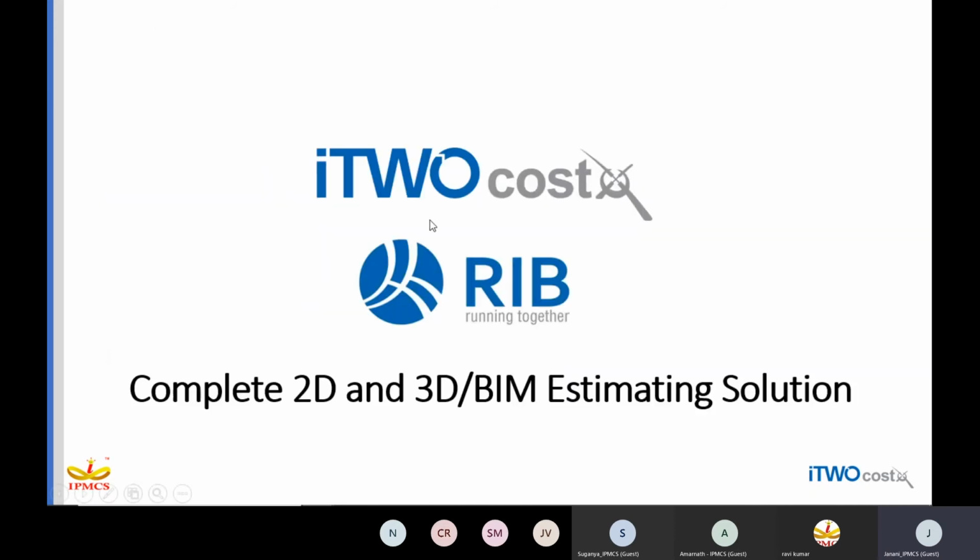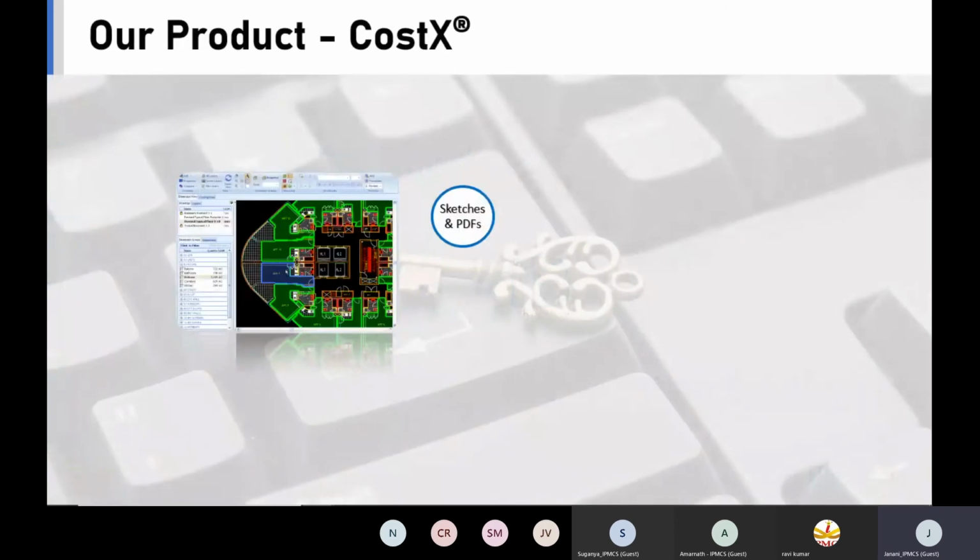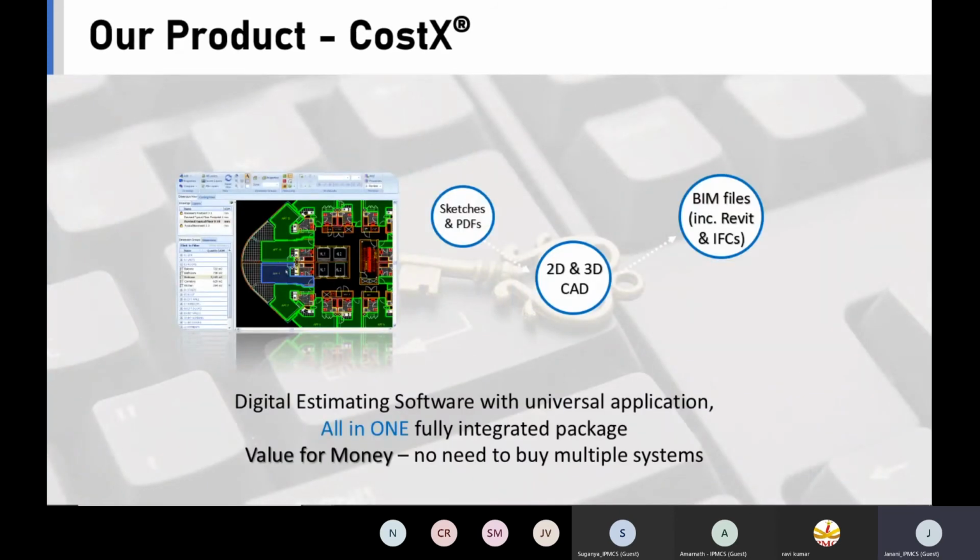Costex is now newly rebranded and the name has also changed to i2 Costex. It has been acquired by RIB. i2 Costex is a complete 2D and 3D BIM estimating solution. Costex is a digital estimating software with universal application. We can call it an all-in-one single integrated platform.